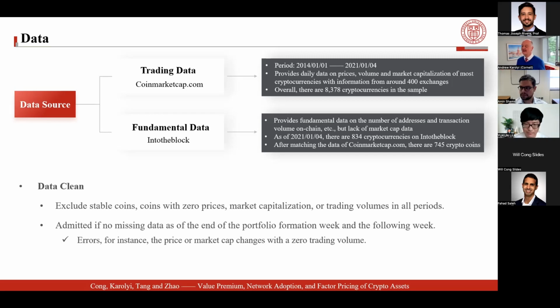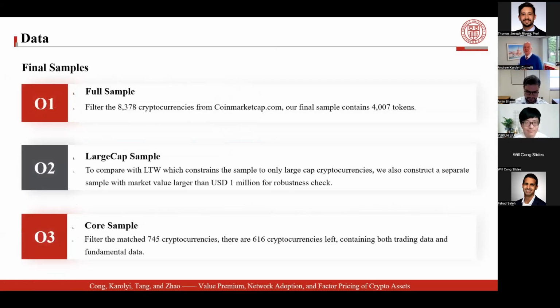And so our ultimate database, well, I'll show you another graphic on that, is this. Think about it as about 745 crypto coins for that meaty part of the analysis in the back third and fourth part of the paper. And there's some data cleaning exercise where we try to exclude things like stable coins. We clearly have to deal with a lot of missing data issues, and there's a whole protocol that's laid out in the paper on how to clean these databases. By the way, I think this exercise of data building is actually potentially a nice contribution to the literature in and of itself. So here's how you should think. It's the full sample, the 8,378 cryptos from CoinMarketCap.